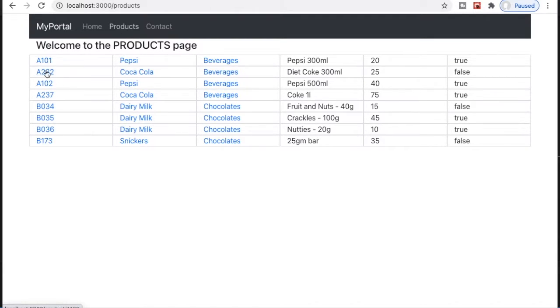And here on products, we had shown these details of the products. Now what we want to do here is show those buttons for the brand names. So find all the distinct brand names and show them as buttons so that when we click that button, we use programmatic navigation and go to that URL for that brand. So let's see how we do that.